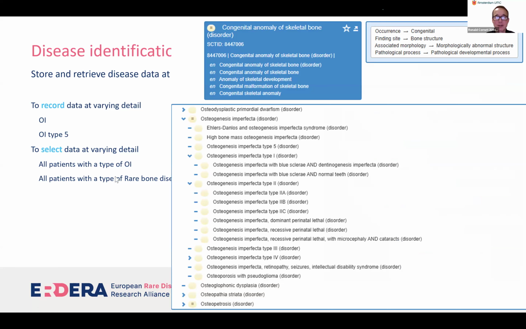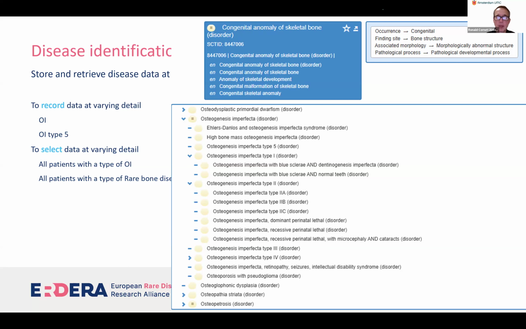Here we see the same for SNOMED CT, where on the second line we see osteogenesis imperfecta, and I'm not showing the hierarchy further up, but I'm showing the different types of osteogenesis imperfecta that are included in SNOMED.